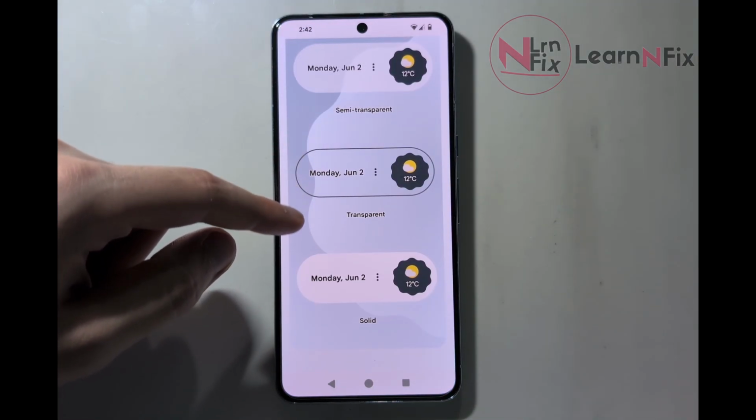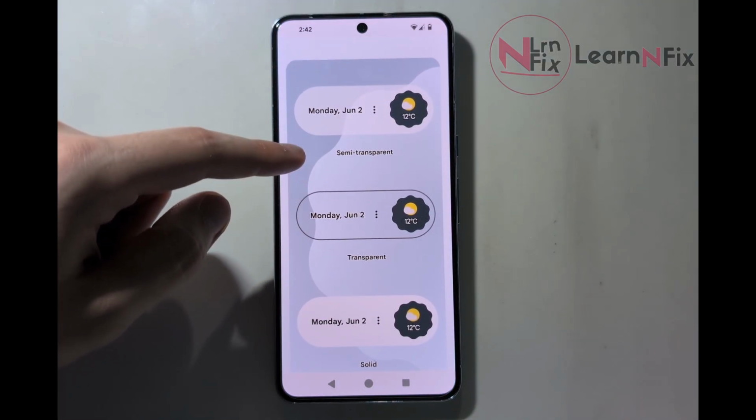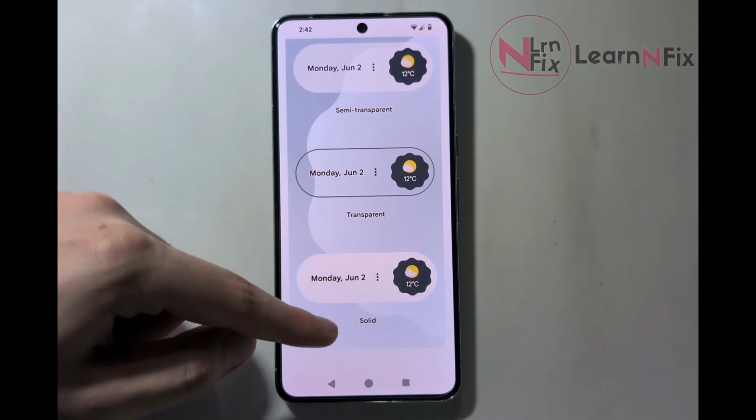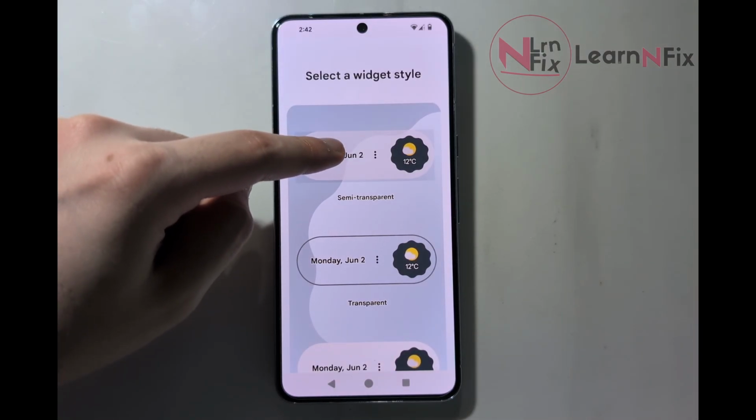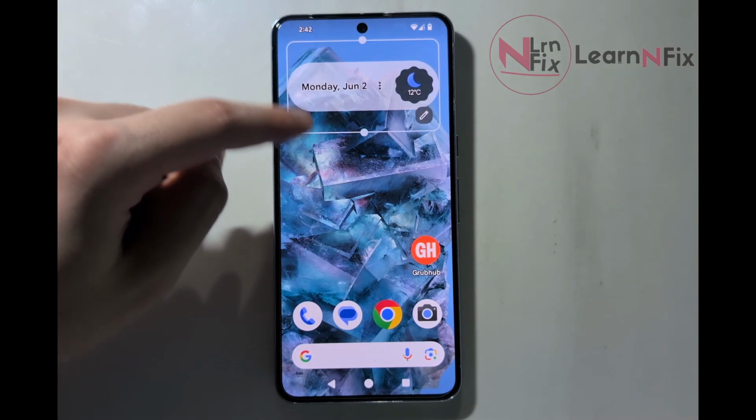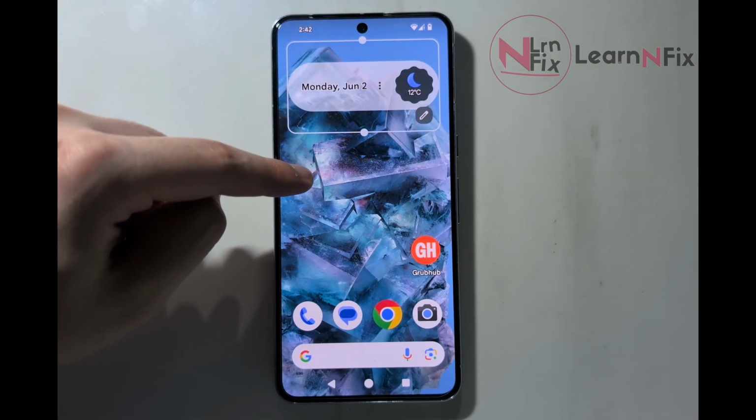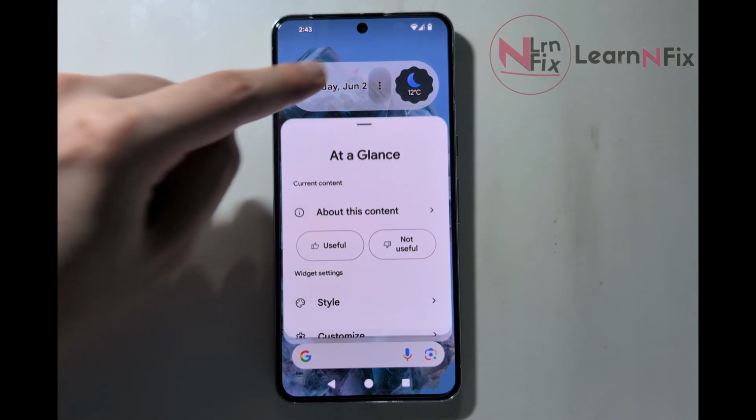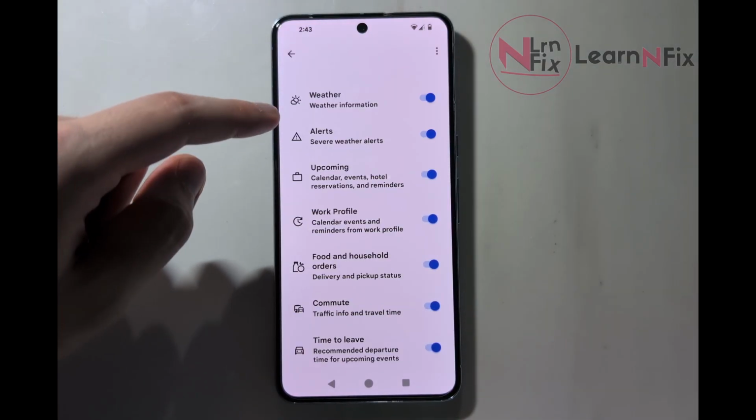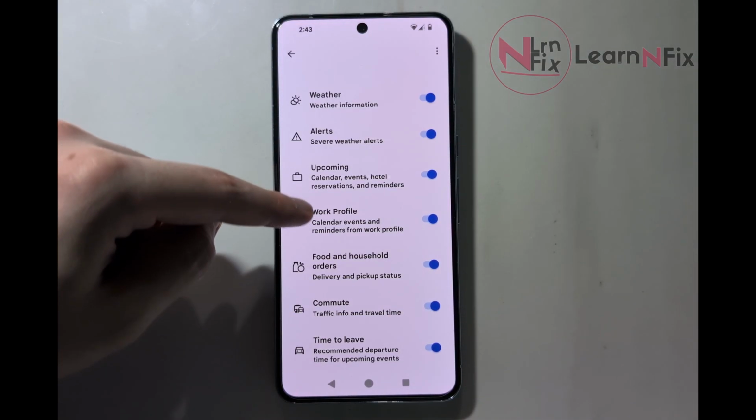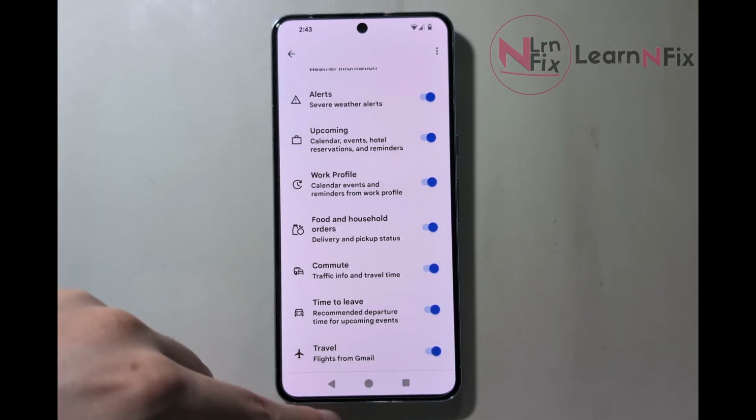Now you can select whatever style you want. This is semi-transparent, this is solid, this is transparent. I'll go for this one. And then you can place it wherever you like. You can also customize it from here. Click on customize. You can control what information to show, but for me, I'm just gonna keep everything turned on,